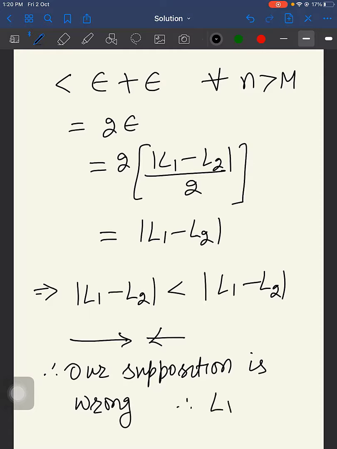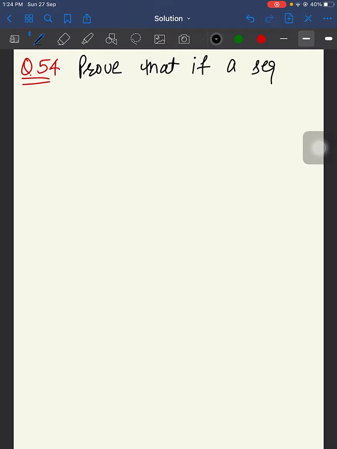So L1 must be equal to L2. Now let us start with question number 54. What does it say? It says prove that if a sequence an is convergent to 0